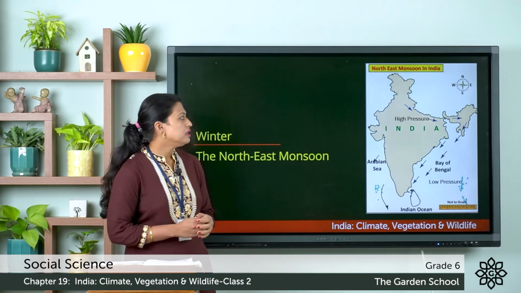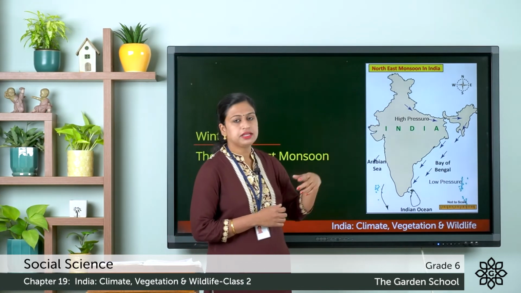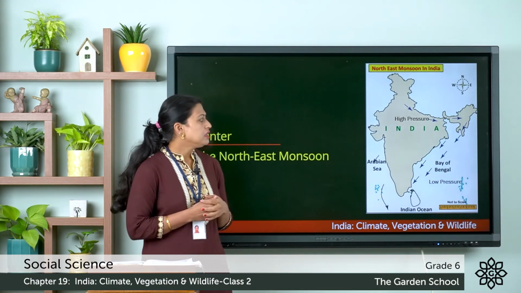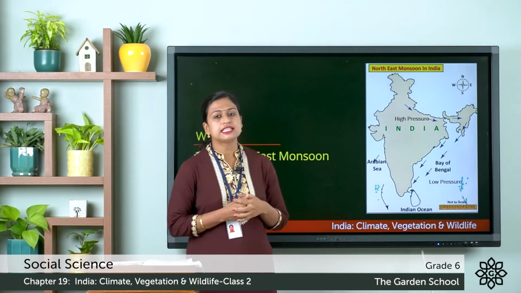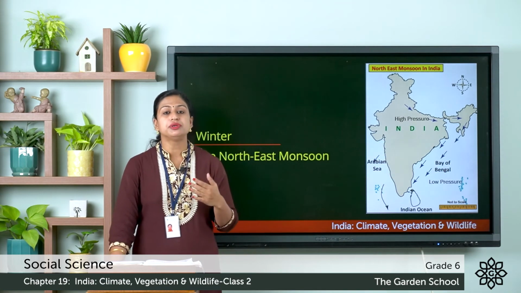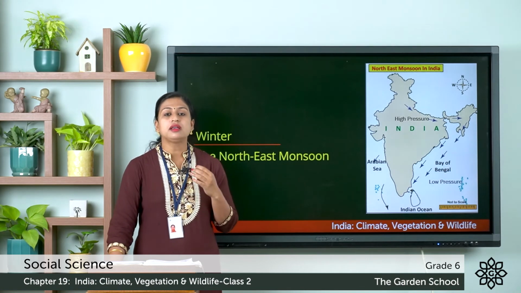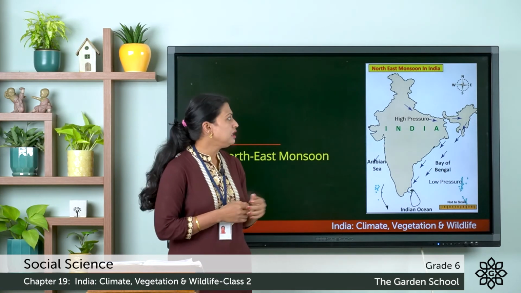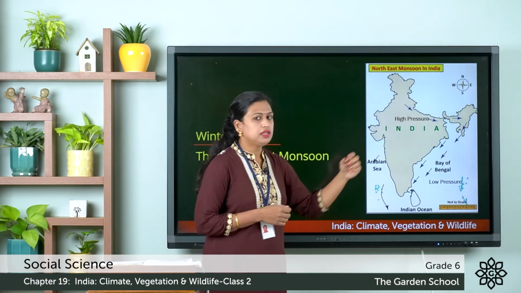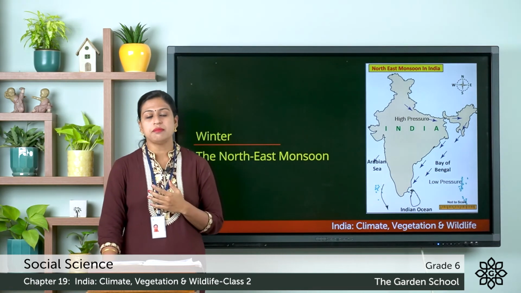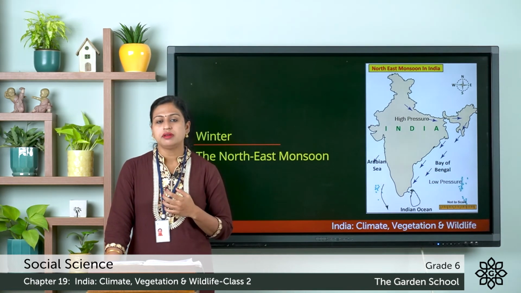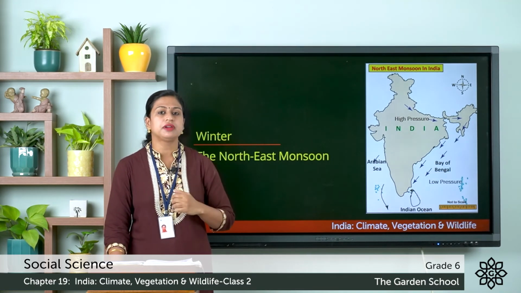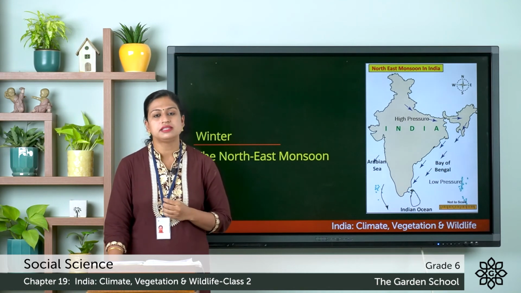Here you can see the northern plain and the Great Indian Desert experience a very cold climate, and the southern part of India experiences very high temperature due to the surrounding sea. The coastal regions have a moderate climate, and the mountain areas in the north, northwest and northeastern part have the lowest temperature, below freezing point, because of their altitude, because we have already discussed that as the altitude increases, there is a decrease in the temperature.